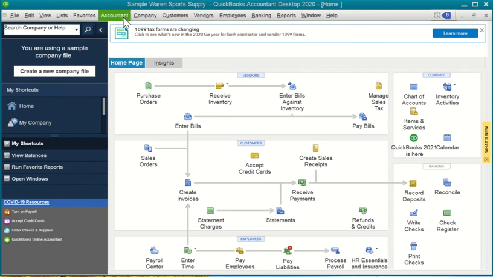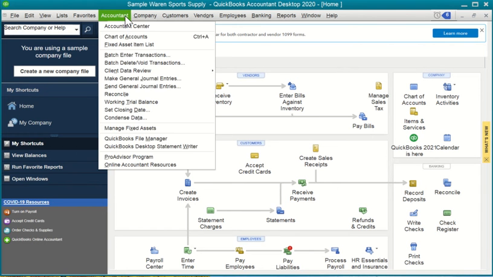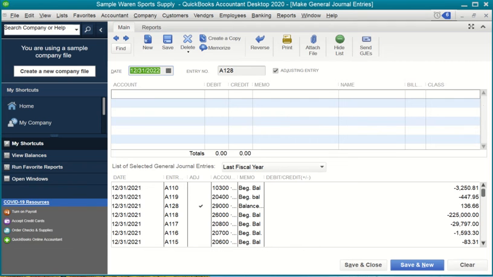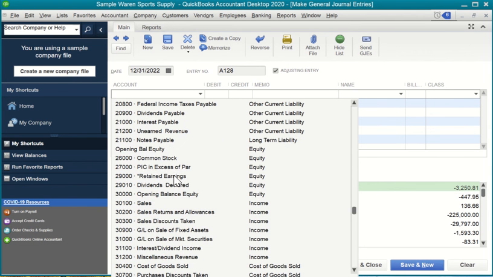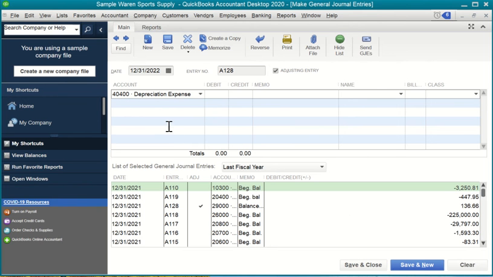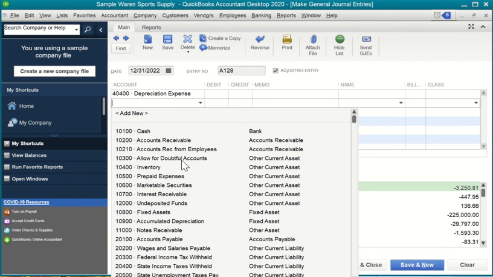To access the general journal, we click on Accountant and then select the Make General Journal Entries option from the drop-down menu. This will take us to effectively a spreadsheet. We make sure that the correct date is selected, and then we select depreciation expense from the drop-down menu showing the chart of accounts, and we select the appropriate account for accumulated depreciation